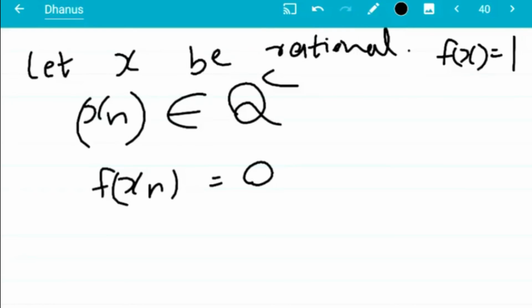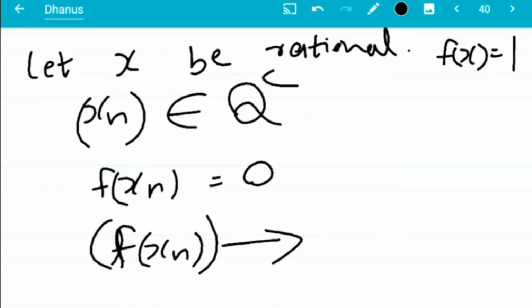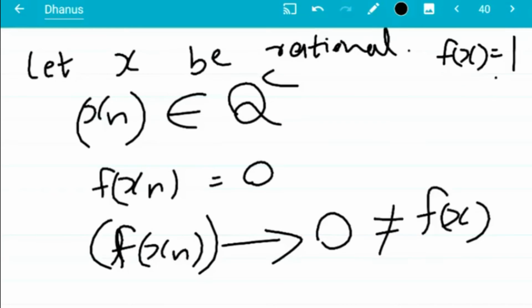Since f of xn's are 0, f of xn converges to 0, and that is not equal to f of x. That's why f is not continuous at